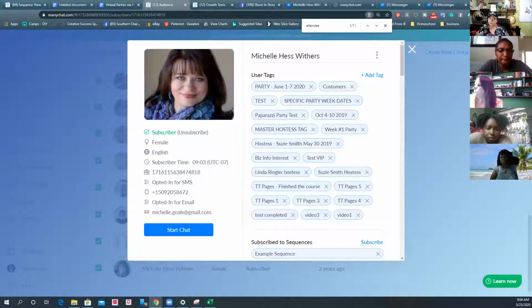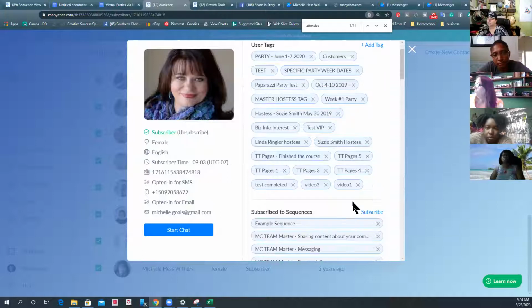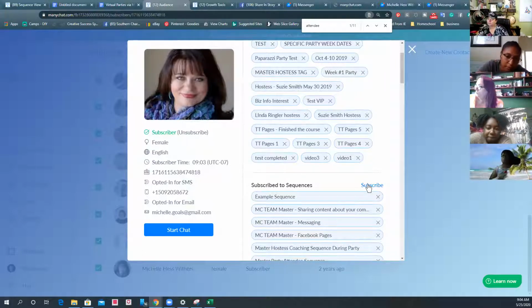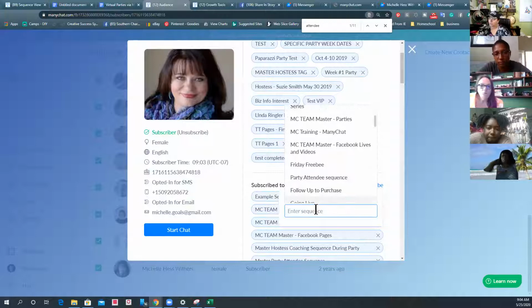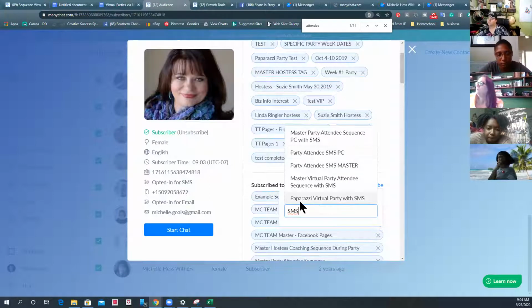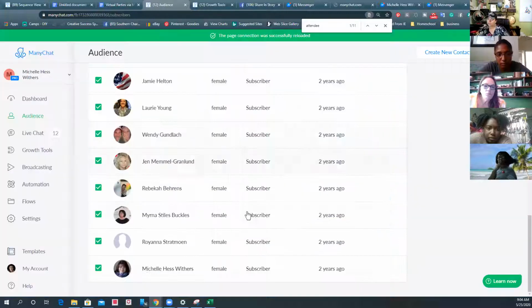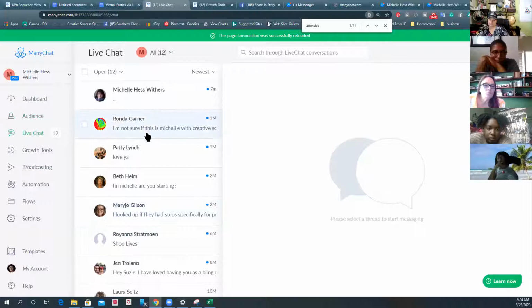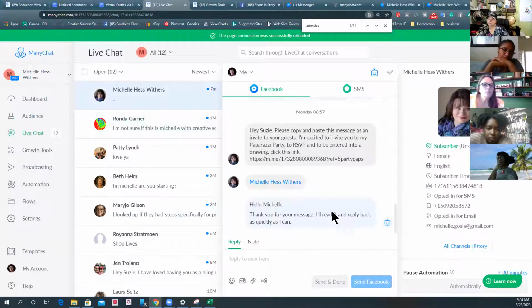Paparazzi, the way that your thing is set up is that if I click on subscribe to sequence, we have our party paparazzi virtual party SMS. Let me show you what this is. I've clicked on their name. I saw they came in. I clicked on their name, or you probably will see it over here in live chat that they've clicked on this. So I open myself and I would see this little,